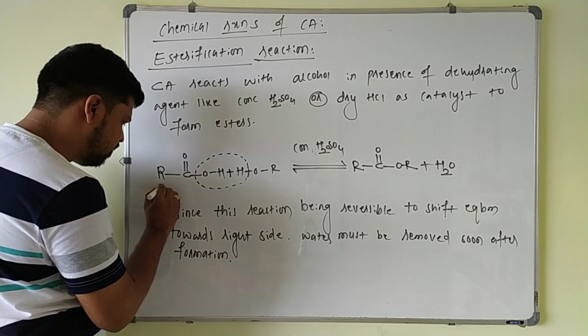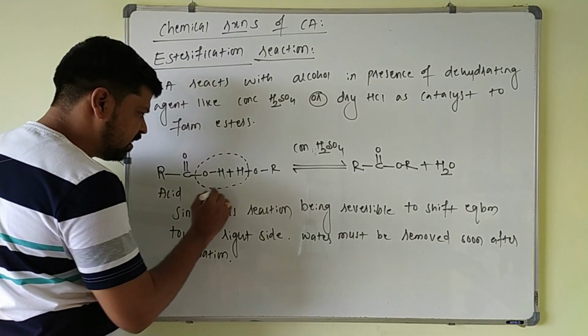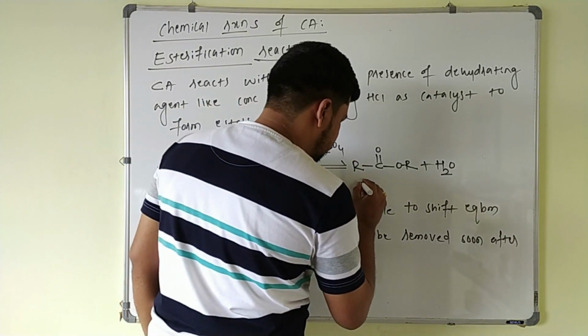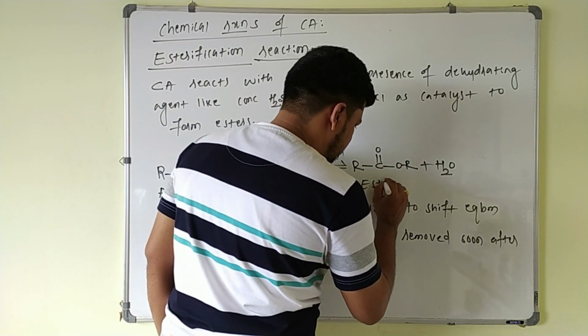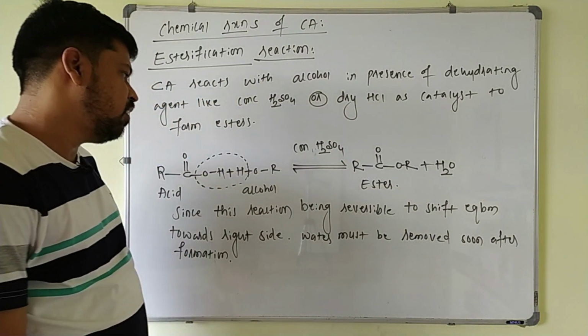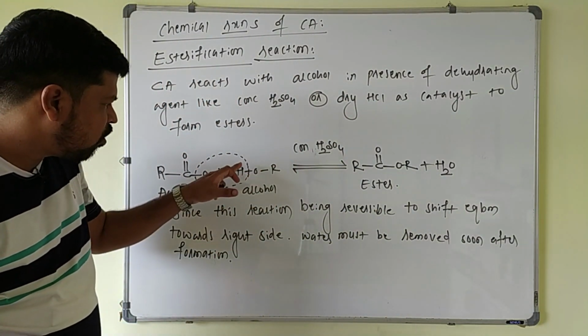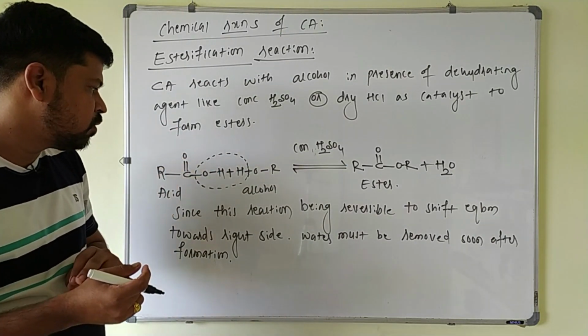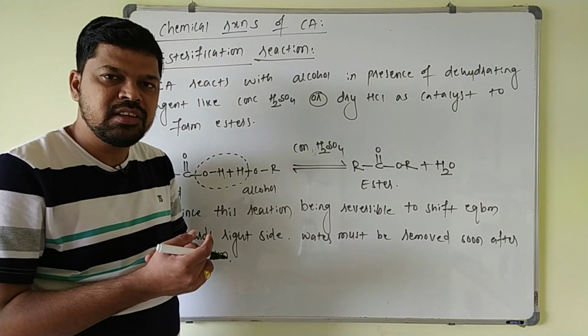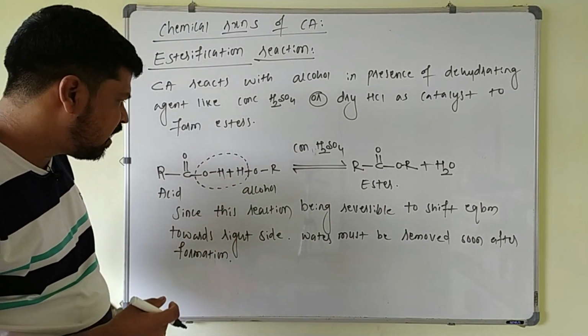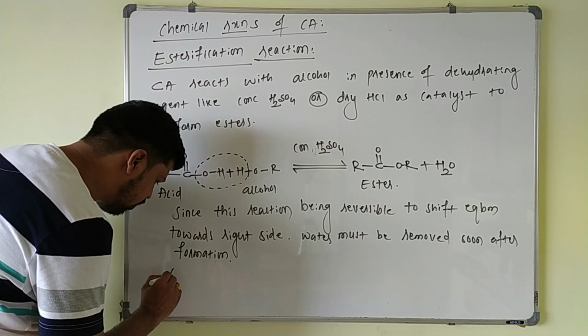So this is your acid reacts with alcohol, giving what? Ester, and it is a reversible reaction. What is the order of reactivity of alcohols towards this reaction? Here from alcohol you are removing H plus ion. So which alcohols are more acidic in nature? Already we know that primary alcohols are more acidic than secondary, than the tertiary here. So order of reactivity of alcohols.